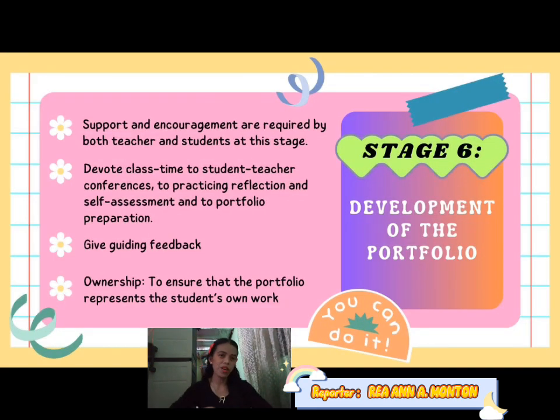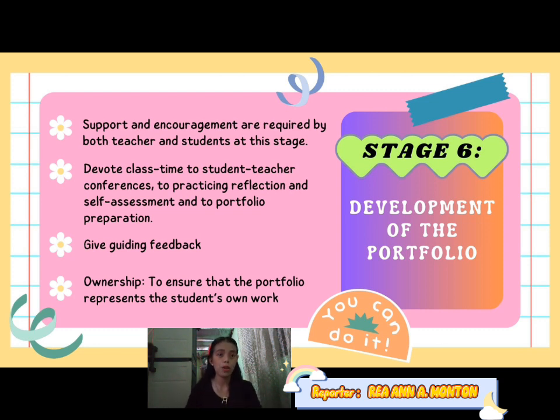And finally, we are down to stage 6, which is the development of the portfolio. This is where the students do their task, gather information, and search substantial information about the subject. In this stage, support and encouragement are required by both teacher and students. Students and teachers must work together